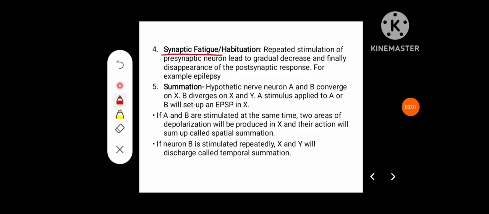Another property is synaptic fatigue or habituation. Here, repeated stimulation of the presynaptic neuron leads to gradual decrease and finally disappearance of the postsynaptic response, for example, in epilepsy. The fifth property is summation, where the hypothetical neurons A and B converge on neuron